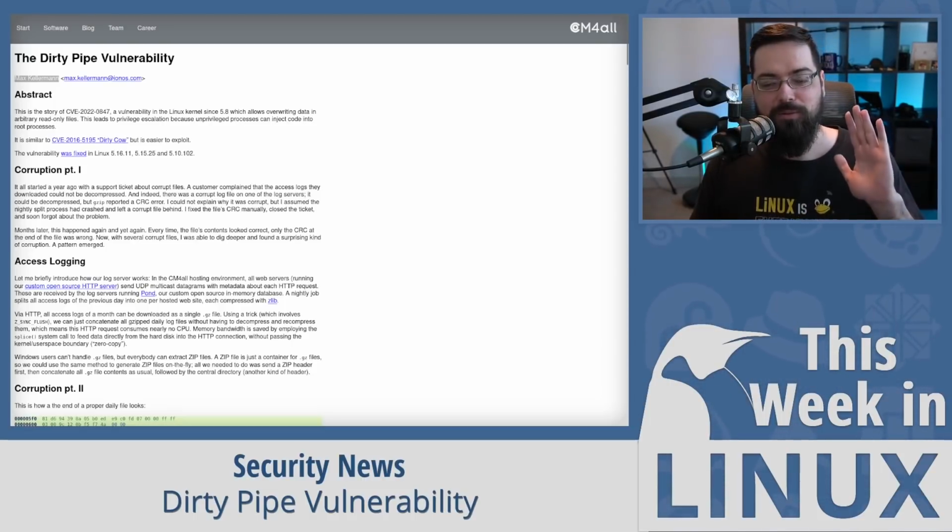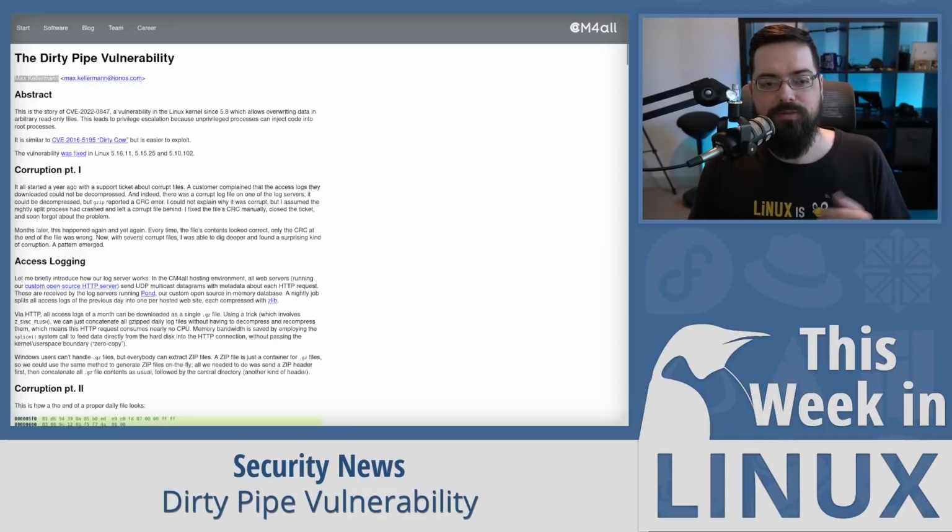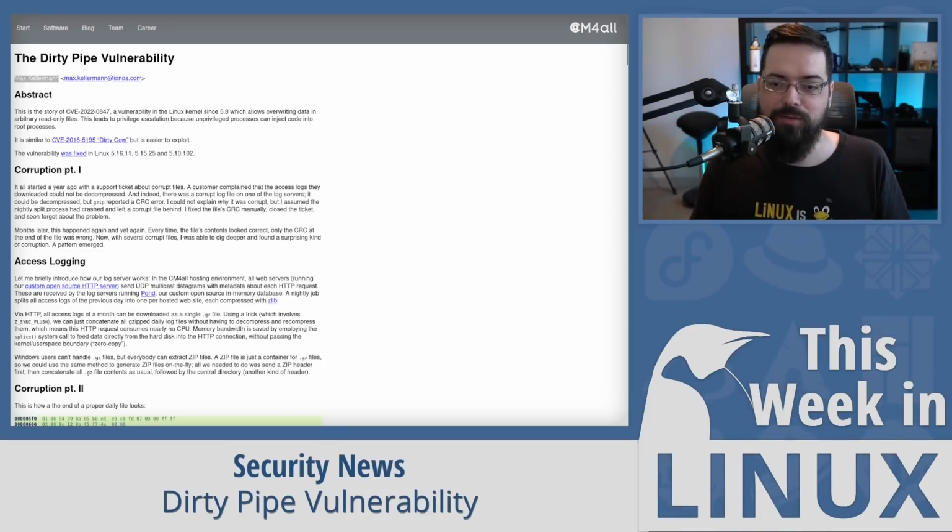So, with all seriousness, this is called the Dirty Pipe vulnerability in the Linux kernel since 5.8. That's how it was found, so it goes all the way back to 5.8. It was found by Max Kellerman, and it allows overwriting data in arbitrary read-only files. This leads to privilege escalation because unprivileged processes can inject code into root processes. Now, it can be exploited by a normal logged-in user or a rogue running program to gain